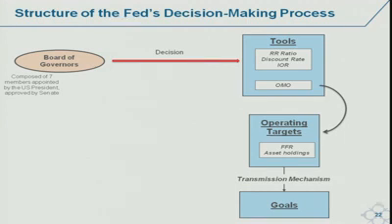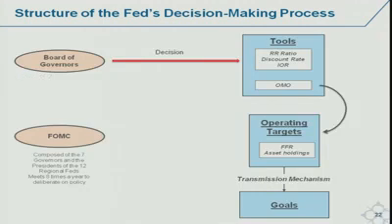Then the Board of Governors makes the decision about these three tools. That's why I kept the 4 tools separate. So the decision about these 3 is made by the Board of Governors. The FOMC is the very important body that makes the policy decision. The FOMC is composed of the governors plus the presidents of the Federal Reserve banks. This is a body that meets 8 times a year and